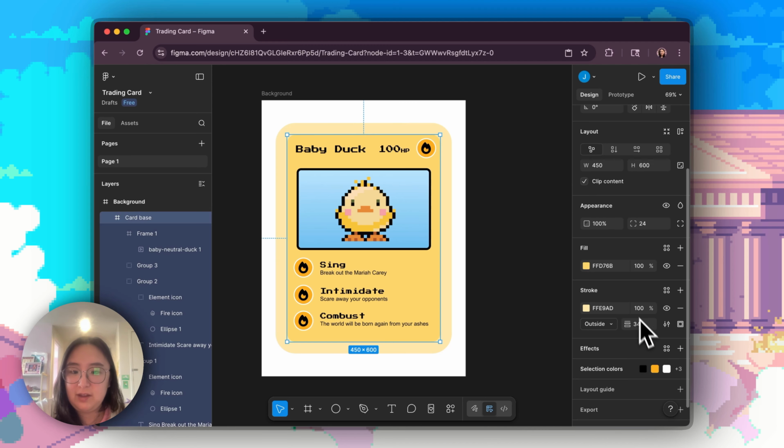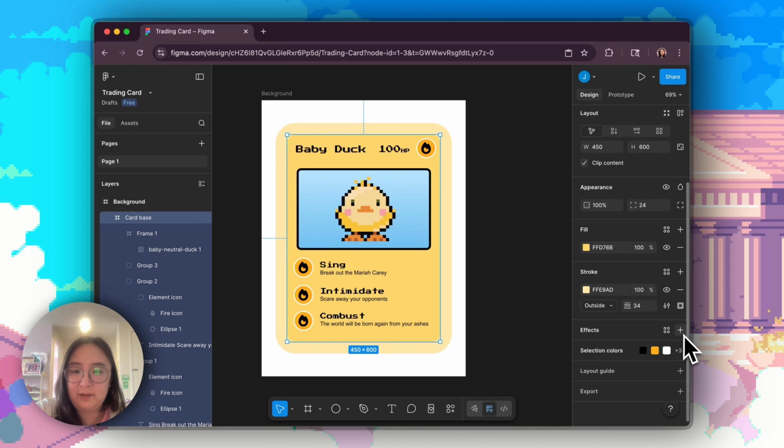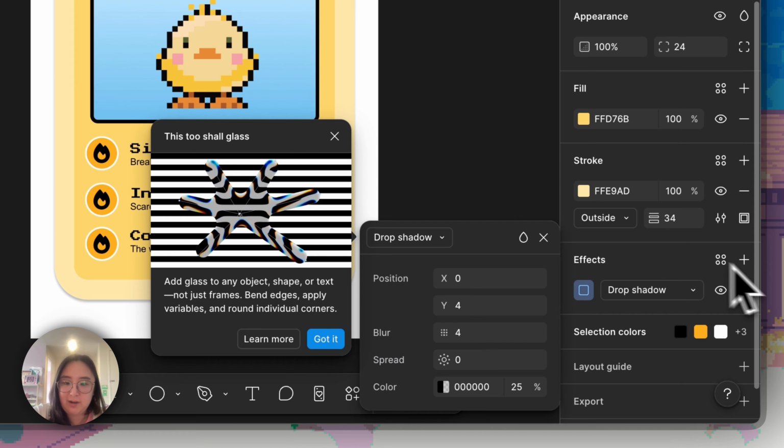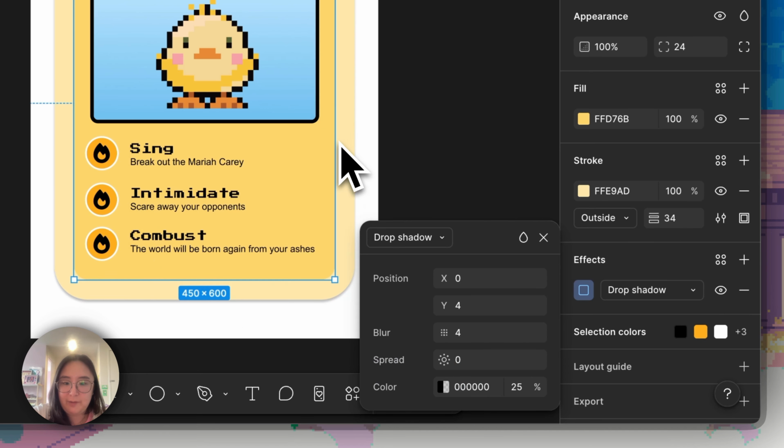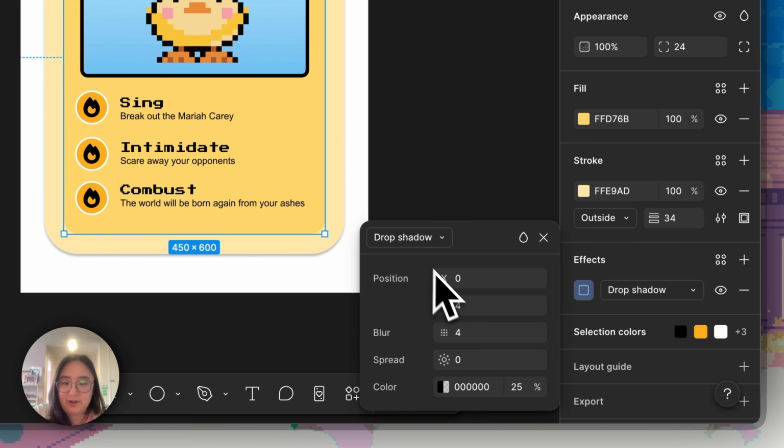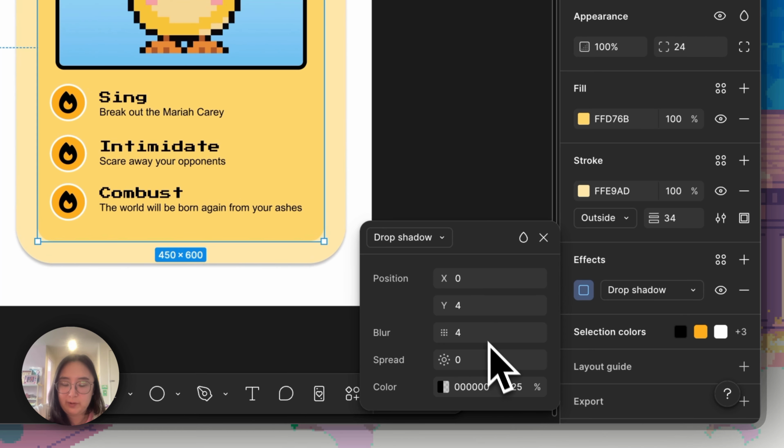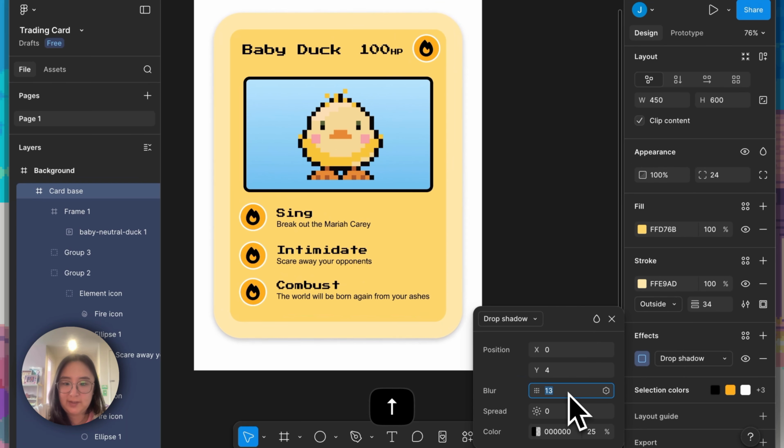Another really neat aspect of Figma is the effects panel. So I'm going to click the plus button here and see what happens. Oh, wow. Okay. And right now it automatically created a drop shadow, which is cool. As a trading card, it gives it a little bit more depth, and I can change aspects like the blur,